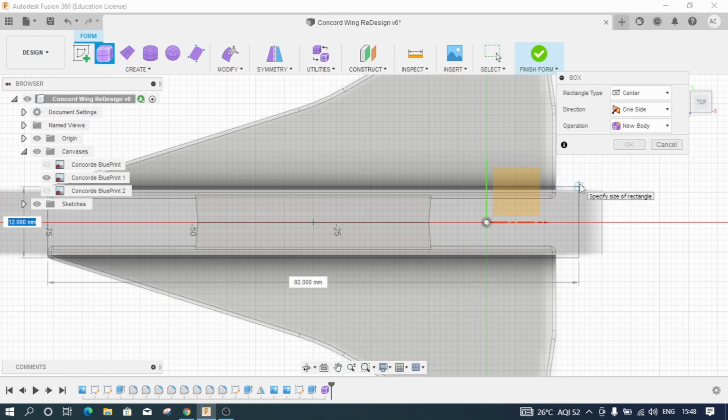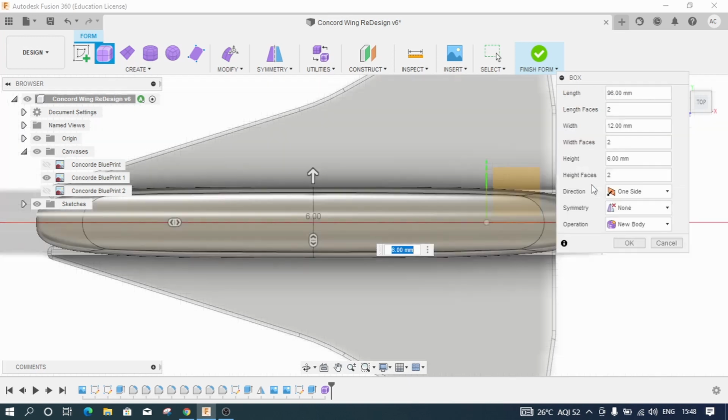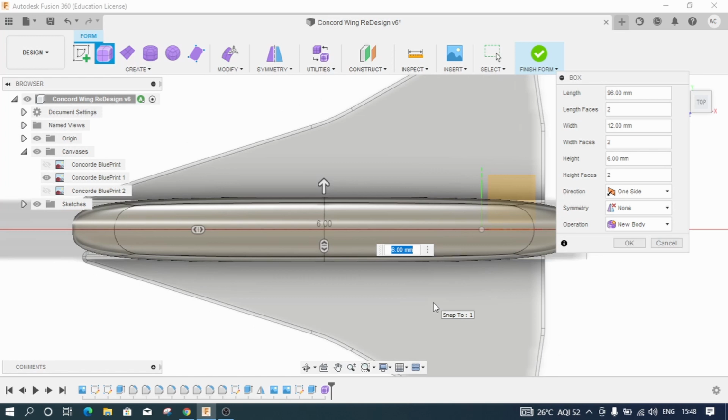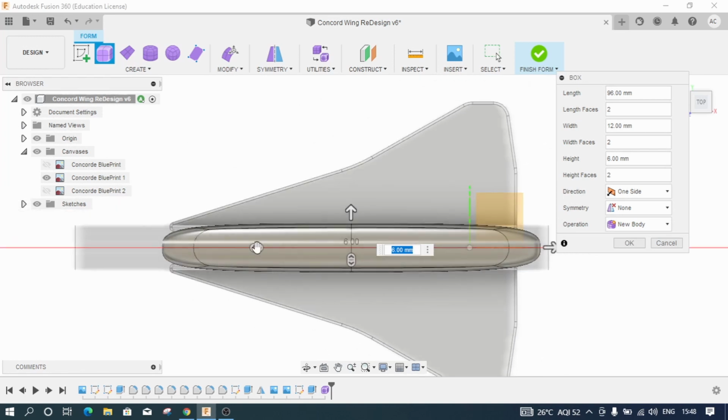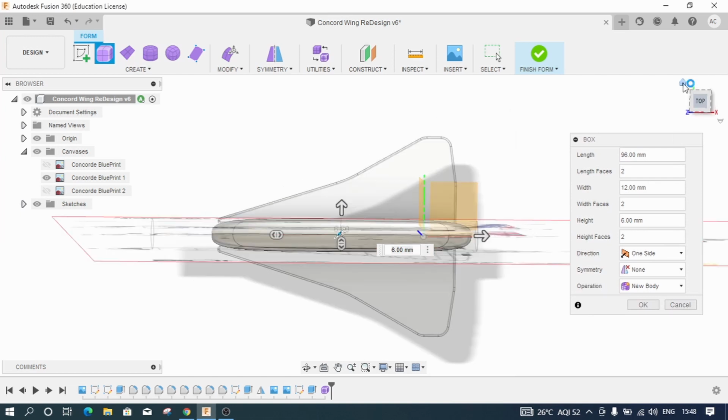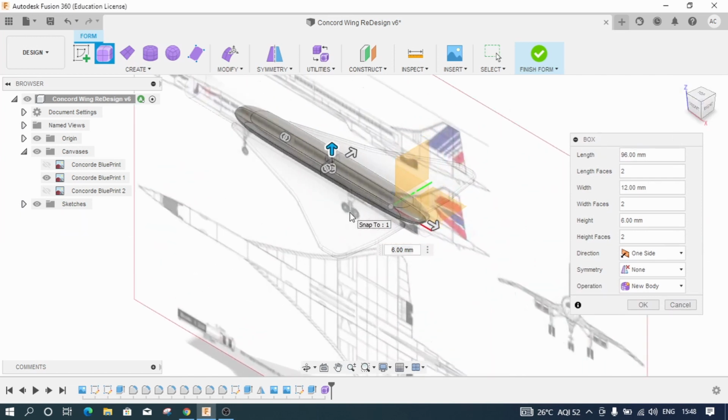We need to surpass the root of this aircraft, which should also be slightly wider than the wings themselves. Now when I click on that, I get this. Now I'll go to home view and see what the width is.